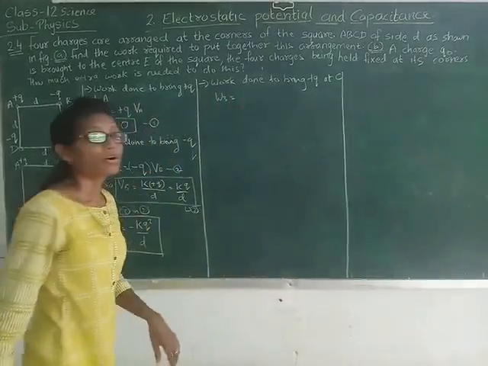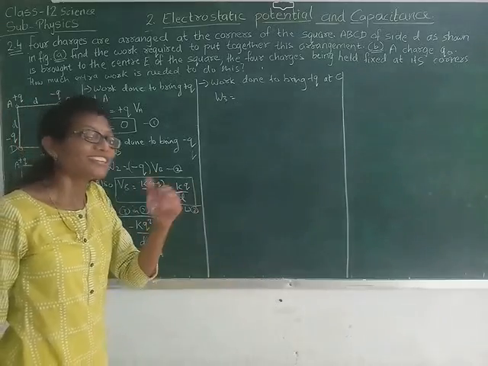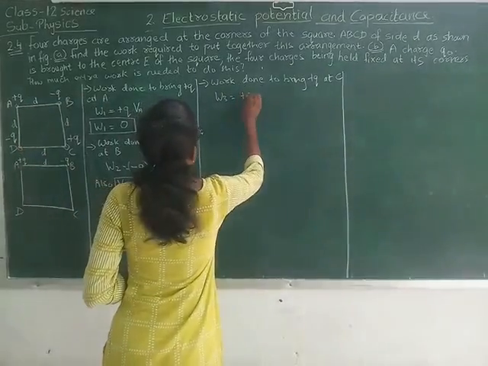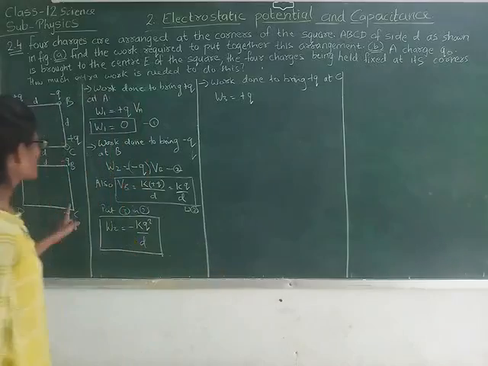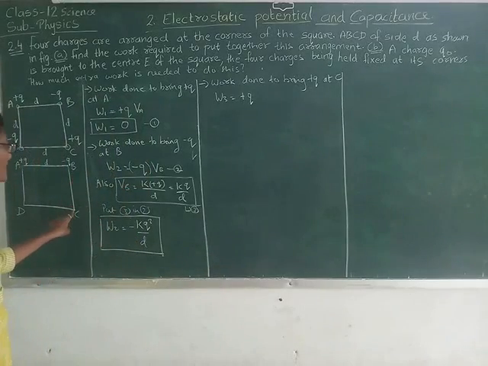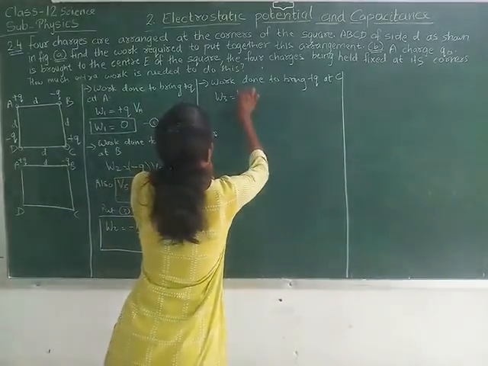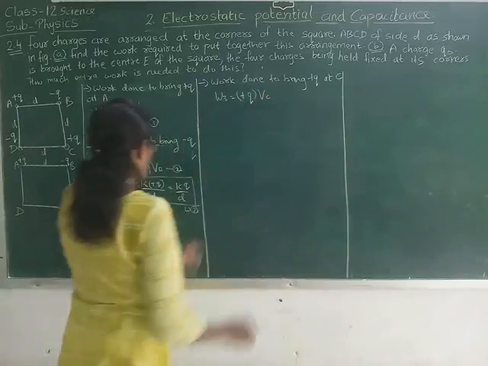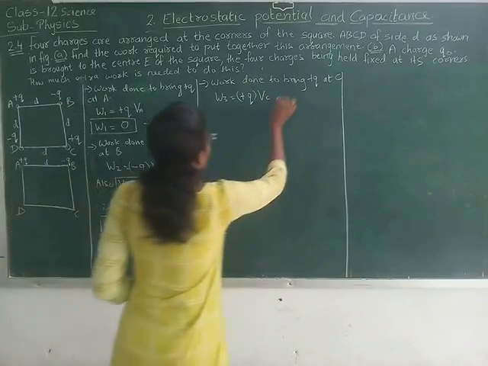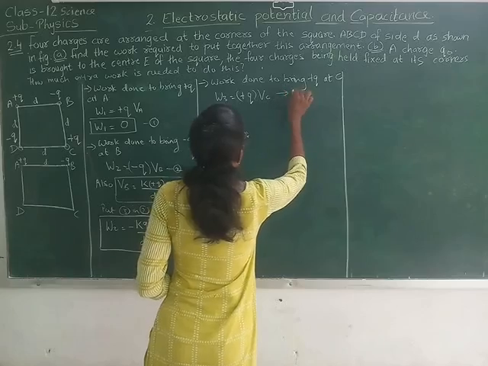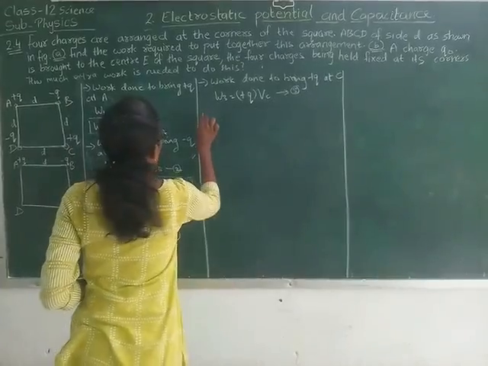W3 is equal to, what is the general formula? That is QV. The work is done to bring which charge? We need to bring plus Q charge, right? Into the potential. Potential is what? Where we need to place the charge? We need to place that at C. So it should be the potential at point C. So that is VC, right? So let this be equation 4. Here it is equation number 5. Right? Here, what is the potential at C?